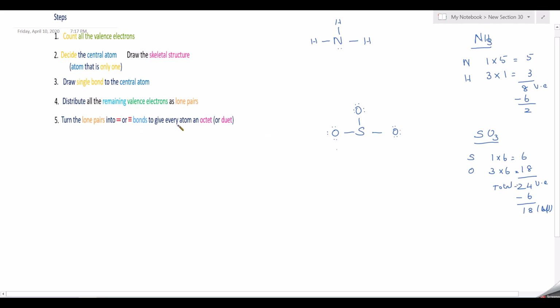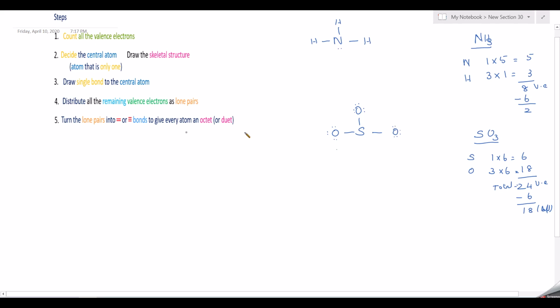Now last point, you have to count the number of electrons on every atom. Oxygen here it is 6 plus 2, 8. Here also 6 plus 2, 8. Here also 6 plus 2, 8. But sulfur, when you take, here 2 electrons, 2, 4, 6. So only 3 bonds' electrons alone are there for sulfur. So totally 6 electrons. It is in need of 2 electrons.